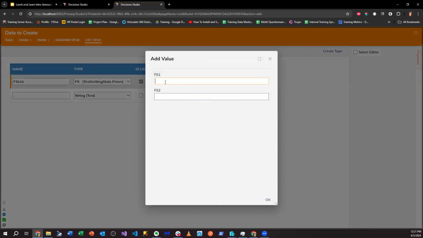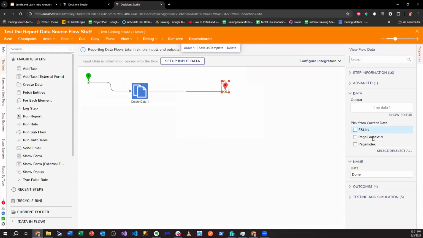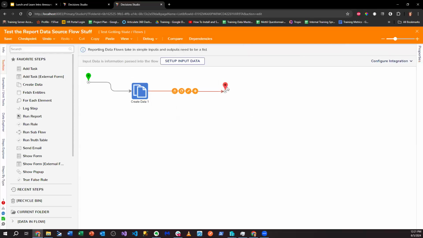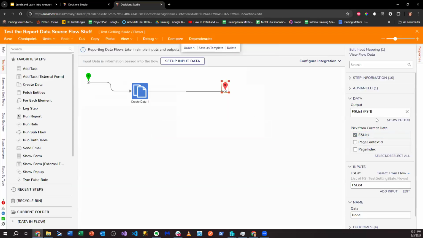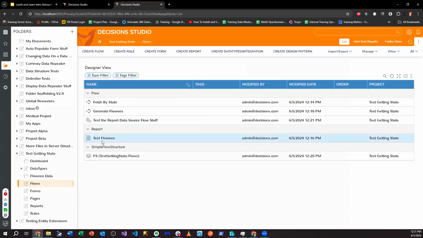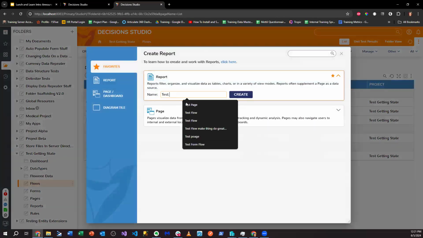And then let me add one more. We got 5 and 6. So if you output on the report data flow as a list, then you'll get it to appear, right? And if I just output that list here, then it's gonna like it. I can't output individual items. But if I output a list of that object, then when I go to my report, let's say test report